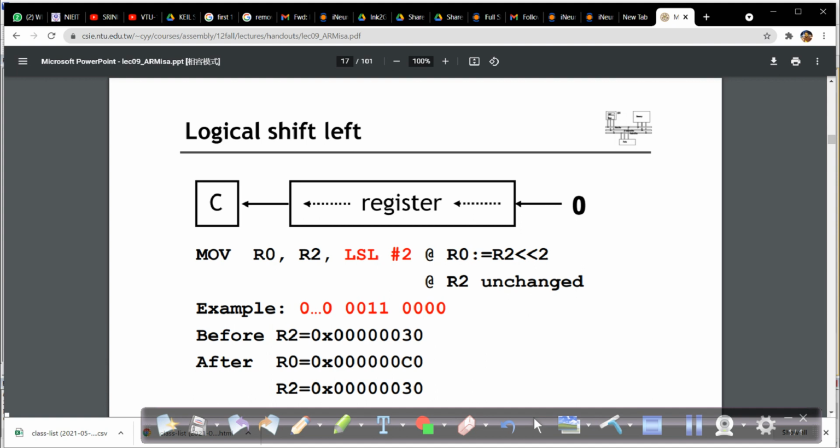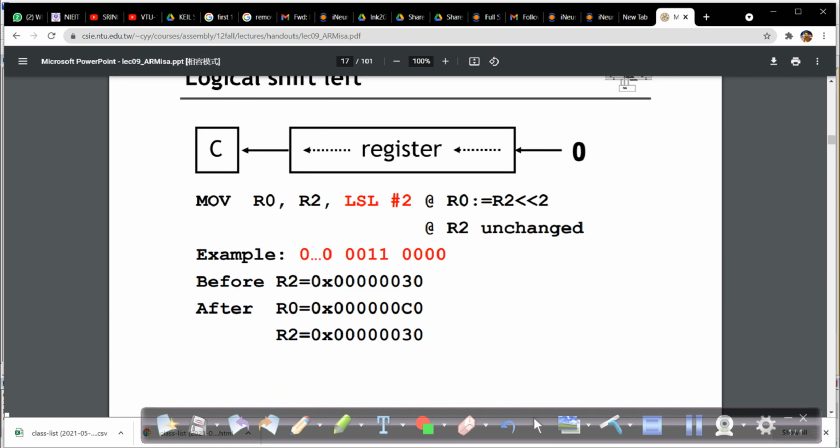We have a beautiful resource, and I just want to thank csie.ntu.edu for this example that demonstrates this particular instruction. Here you can clearly see the example: MOV R0, R2, LSL #2. LSL means logical left shift. Let's take the example over here; I'll take it in a new page.